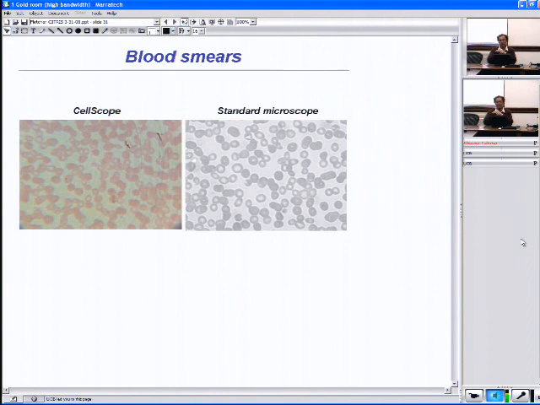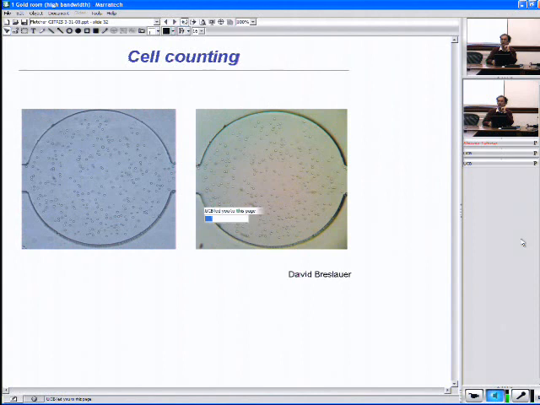match the capabilities of standard microscopy. One of the applications that we'd like to focus on is the ability to count cells. This is some work that has very recently been done by David Breslauer, who fabricated a simple set of chambers in which he could flow cells. Each of those small dots is a cell, and this is a relatively low magnification system. By counting these cells, one can gather information about